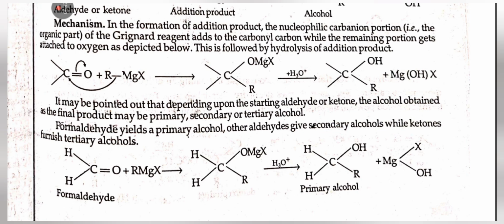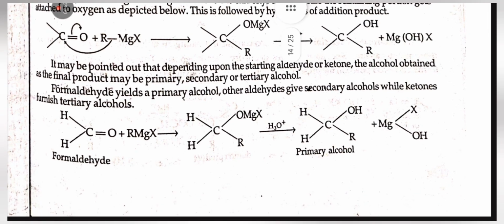carbon with group OHR. It may be pointed out that depending upon the starting aldehyde or ketone, the alcohol obtained as the final product may be primary, secondary or tertiary alcohol. Formaldehyde yields a primary alcohol, other aldehydes give a secondary alcohol, while ketones furnish tertiary alcohol. Formaldehyde plus RMgX